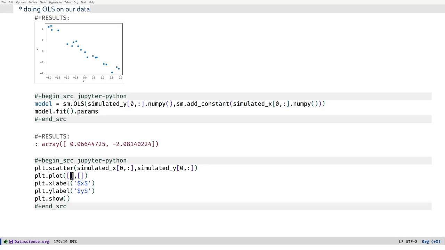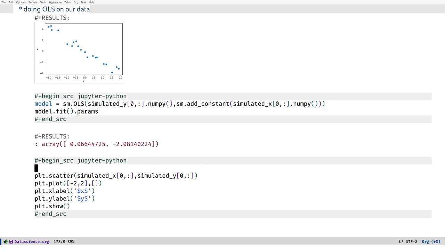So since the OLS result that we have is actually a line, I only need 2 observations for x and 2 observations for y to actually plot that line. So I need one step before this, so I actually want to have these parameters, so I'll call that params is model dot fit